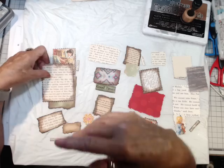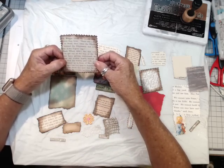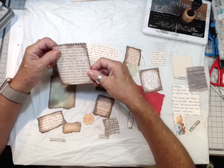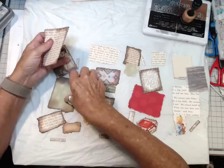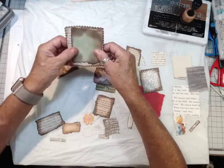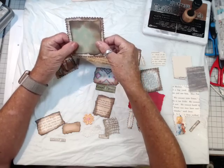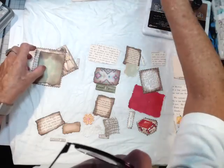So today, I've already prepped this. This is out of a vintage book. It was a children's book. And on this one, I just cut it out with the pinking shears, and I've already inked the edges on this one. I've got several layers I'm going to do. I like this little green fleur-de-lis print. I've got a wild fly in here that I'm going to put on top of that. So we are going to